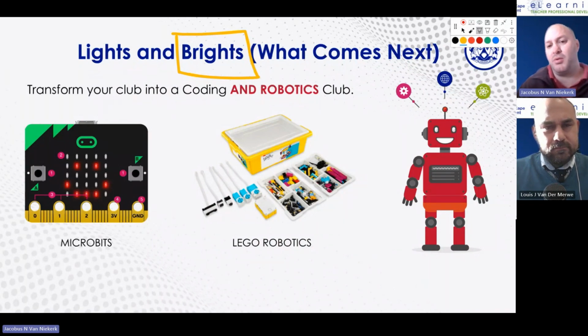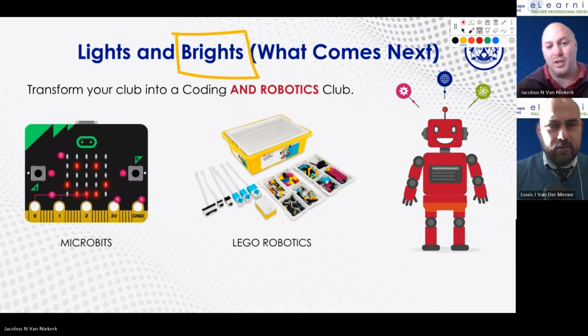You won't be able to get the Lego robotics grant if you're not doing it from a school, obviously. So your independent club will not get that grant. But that's 13,000 Rand. There are a couple of kits out there. Why aren't we applying for it? Yep. We can get them. Lots of them. If I can just quickly show something.